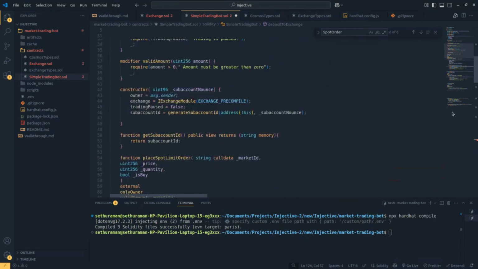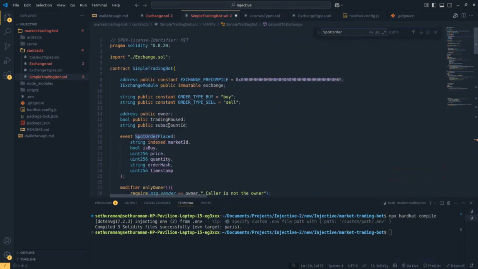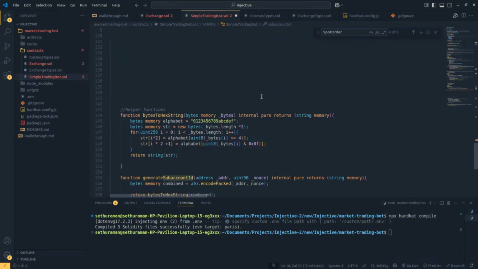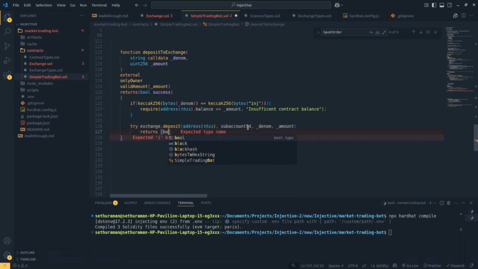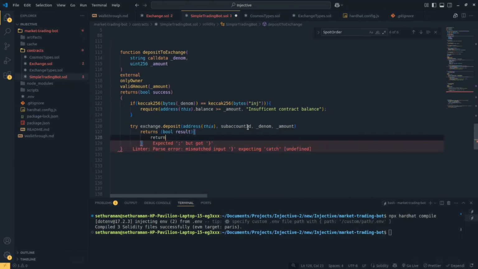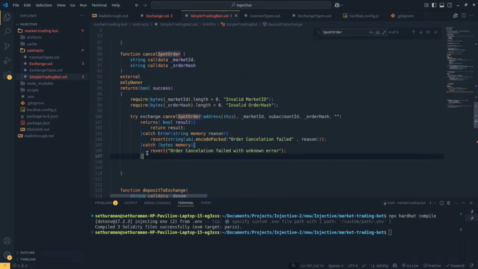Sorry, just give me a second. Why is it not picking it up? I get scared when the autocomplete is not working. So denom is basically _denom with an underscore, and amount is also _amount with an underscore, right? And then we'll just say returns (bool result) and return result. Right. And since it's a try, we need to add a catch,